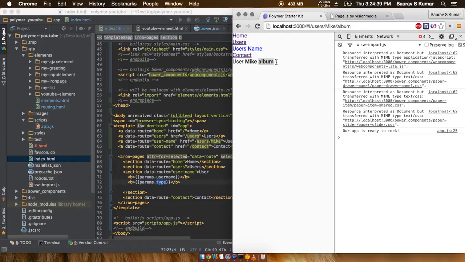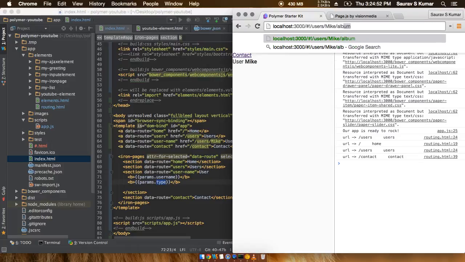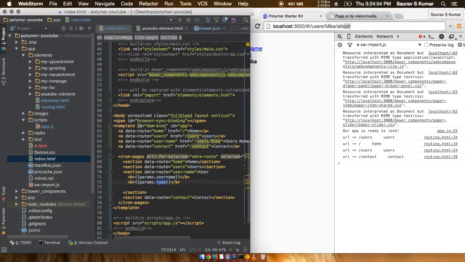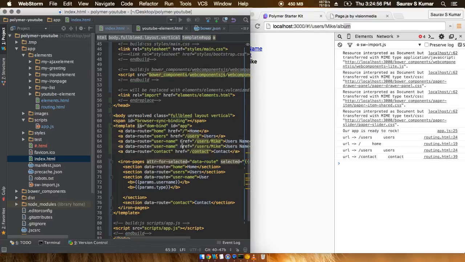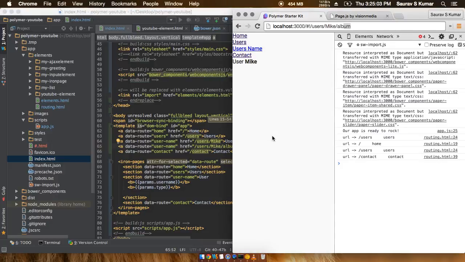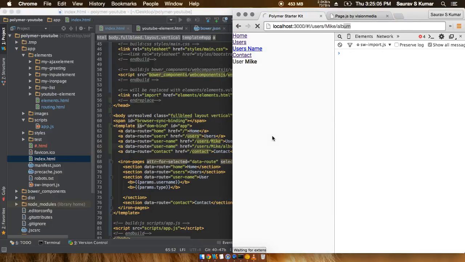correctly displayed. So friends, that is how page.js can be used to achieve routing. If we click on different links, you can see these things work. And if we put in something like album, you can also make a variable directly out here and put in album. This is how page.js achieves routing.